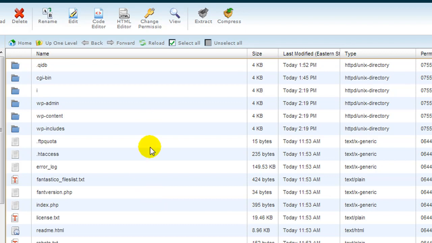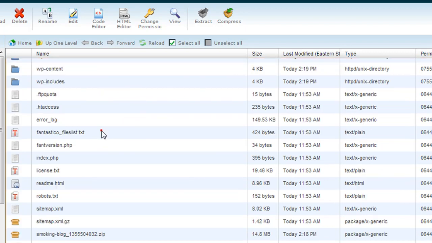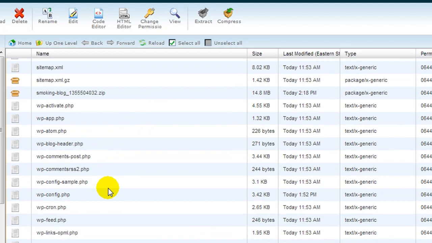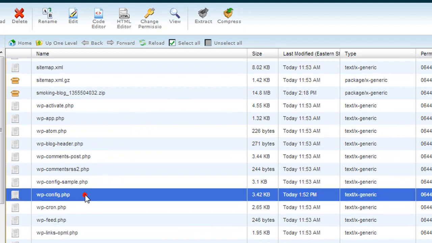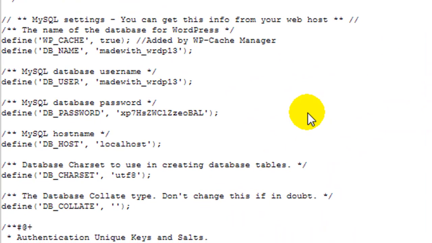So to find the database, if you still have the file manager open, and I'm in the directory of quit now stop smoking, I'm going to find the wp-config file, wp-config.php, and I'm going to click on view. Now this is going to give me the database name. Here where it says DB_NAME, that's the database name, I want to write this down